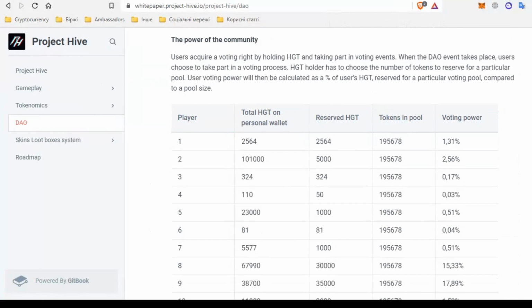On the other hand, he will not be able to participate in another event until the current pool is exhausted and the reserved tokens are unlocked, because all his tokens are reserved. There is a downside to reserving all coins in this. Initially, we offer a very limited number of events that can be voted on in the DAO ecosystem. The number of events will increase slowly but steadily, depending on the development of the game and the stabilization of